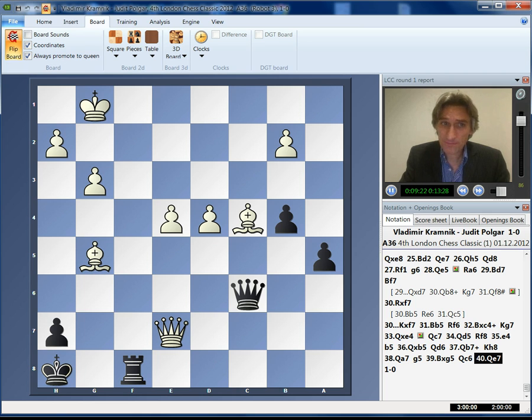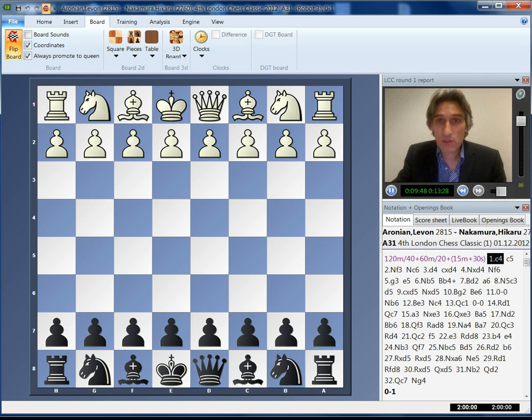I'm afraid she got caught out in the opening pretty badly, and really didn't have a very good position, but great technique from Kramnik at the end. You know, he plays with such power. Great stuff. Now, the third decisive game that we have so far was Aronian against Nakamura, who, well, they've